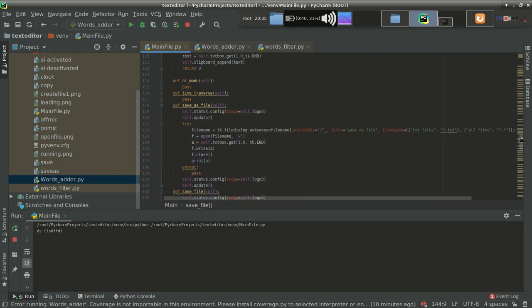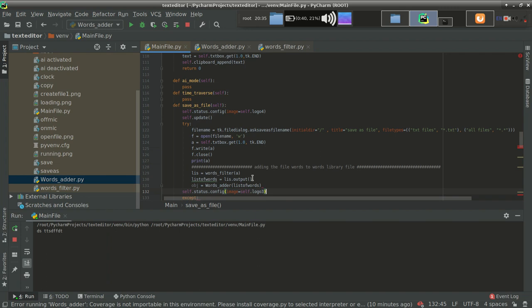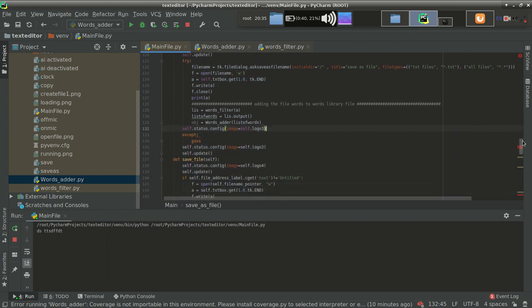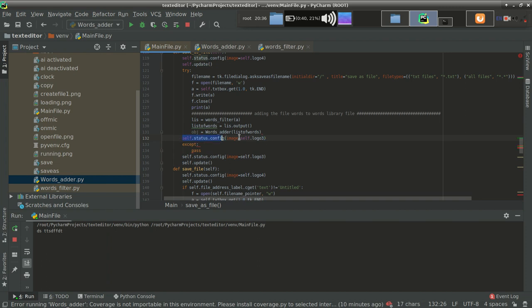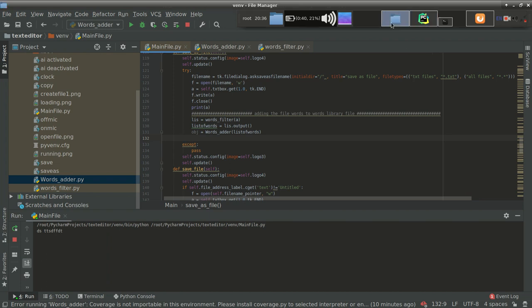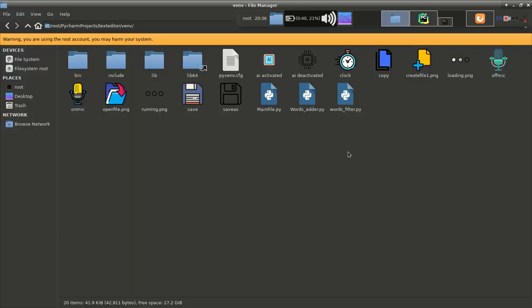Now this is the time to add to the save as file. Again that line, let's remove that, else pass. Yeah, everything is fine. So hence in this way, but yeah, one more thing also, you can see that till now we don't have any words library. So we have to make an Excel file over here. So let's make it.